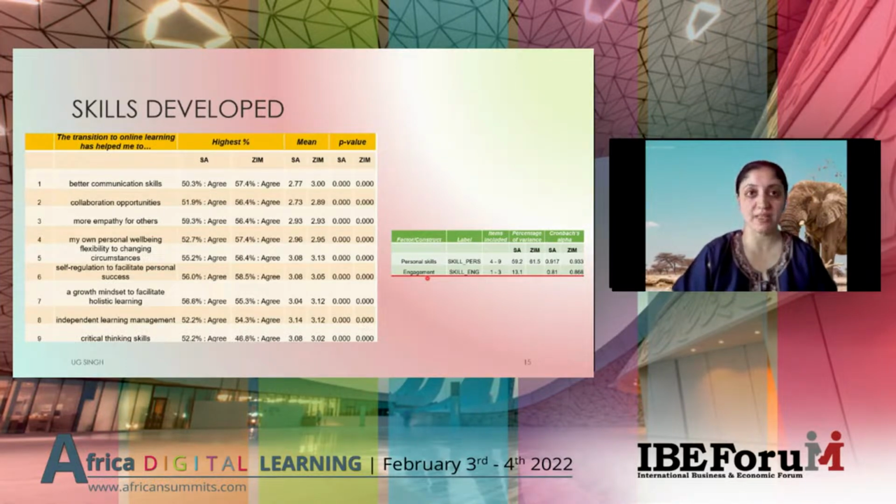One is personal skills and the other is engagement skills. Both of these were developed by both sets of students in South Africa and in Zimbabwe. So they felt that the online environment helped them to develop their own personal skills to become better students in the online space, and better engagement, to learn to communicate and collaborate in this online environment.